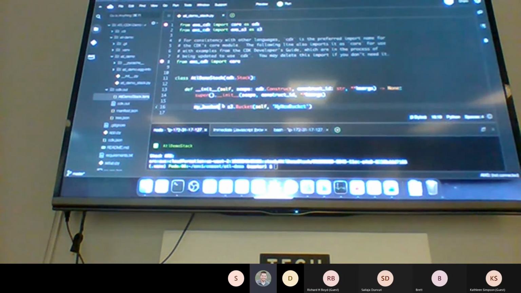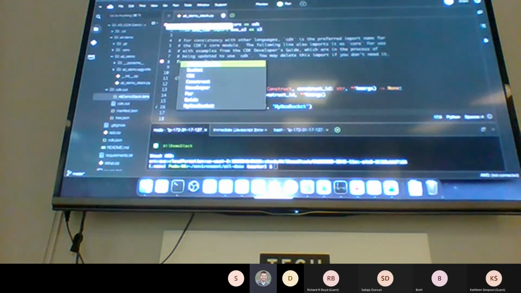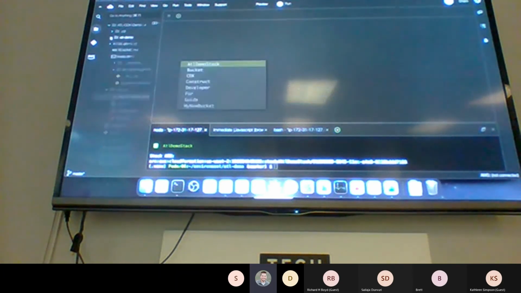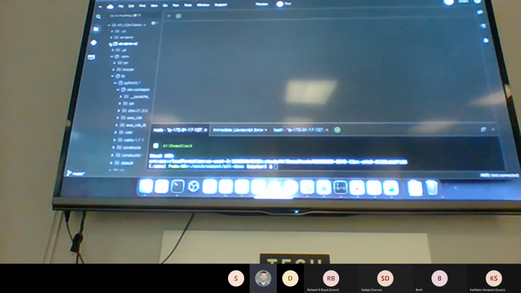So if I wanted to grant a Lambda function permission to write to a bucket, I could say, check. Oh wait, I changed the path. I'll actually do it in a different one. So that was CDK v1, CDK v2.